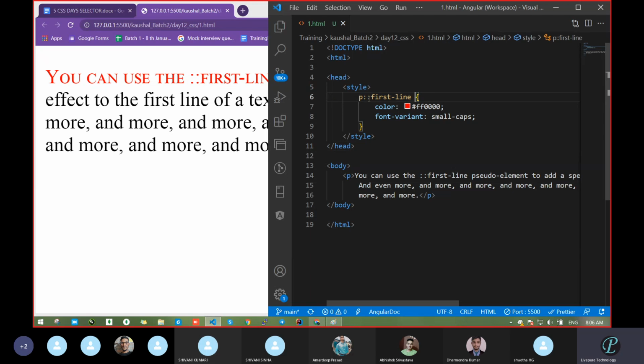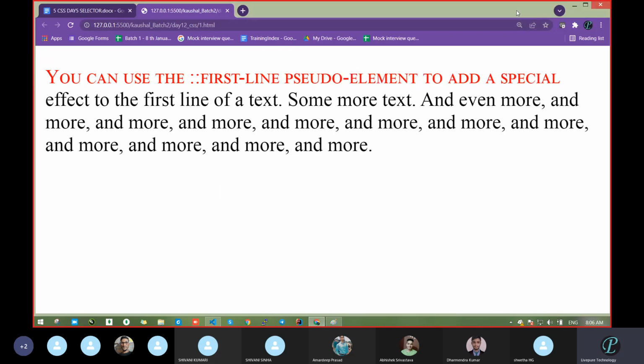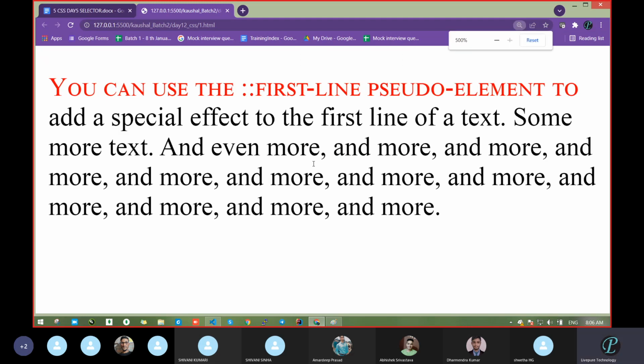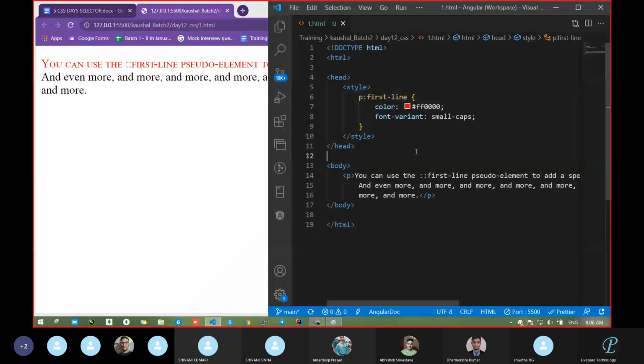Okay, do one thing. Remove this after the first line. You had written the first line. Remove this double quote, meaning a single colon or double colon. Let's see whether it's working or not. Sometimes it will work in some cases, meaning it will be effective in both cases, class and element, that you can tell. So in this case, it is working in both scenarios, correct?